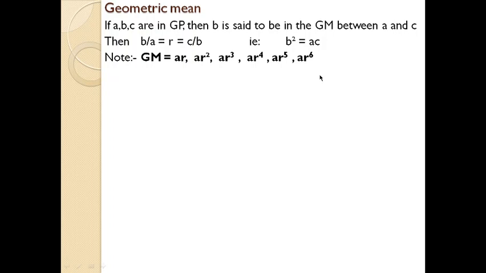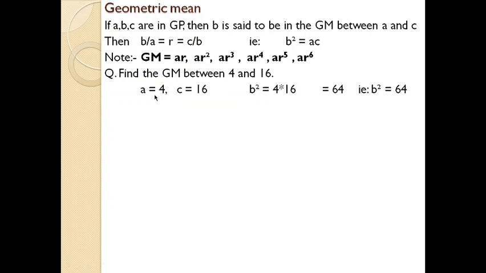Okay, we will deal with some of the cases relating to geometric mean. Find the geometric mean between 4 and 16. Here a series or a sequence begins with 4 and ends with 16. So let A equal to 4, C equal to 16, whereby we know that in order to find any number in between two numbers in a sequence depicting geometric mean, B square equal to 4 into 16, that is 64, B square equal to 64, finally B equal to 8.